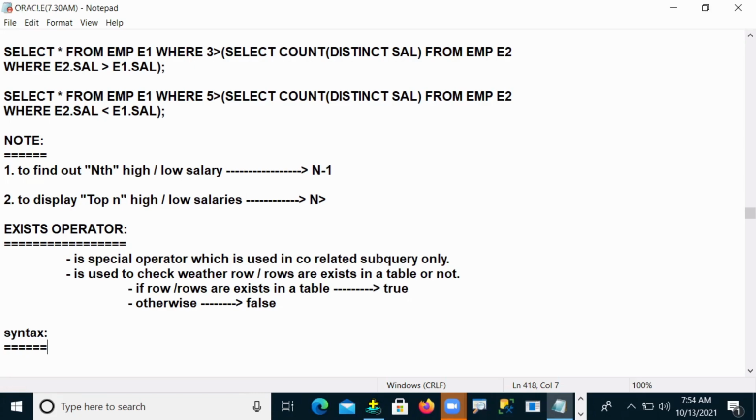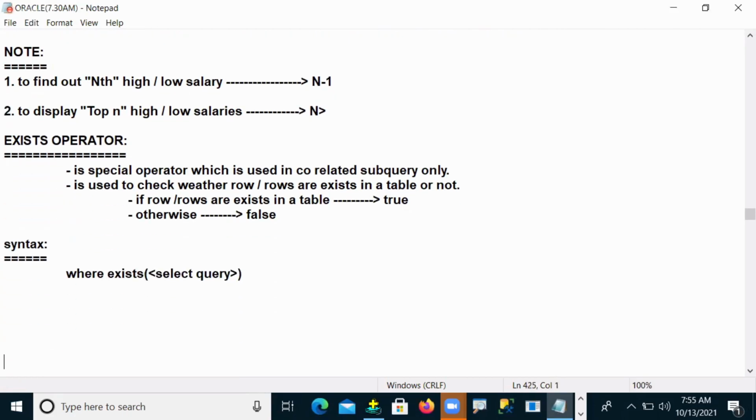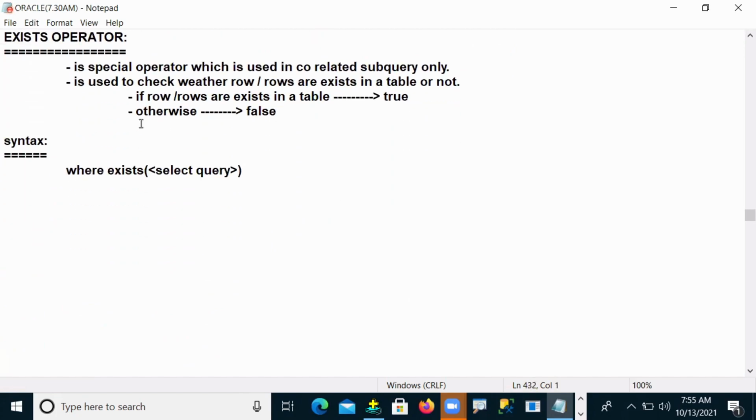Suppose your row is in the table, it returns true; if not, it returns false. The syntax is: where you want to take exist of your select query, you write it. Let me see one example on this, guys.